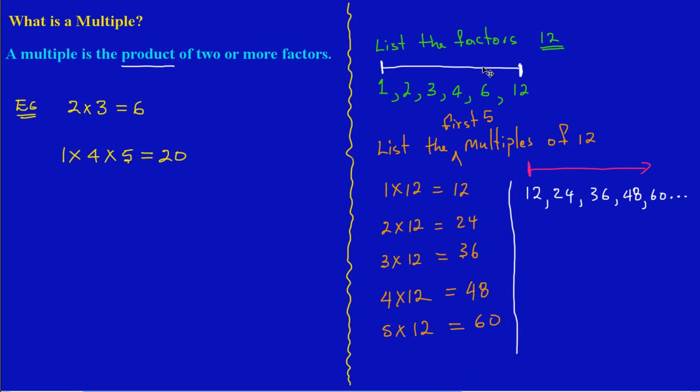Now, since when we were listing the factors of 12, 12 was included in the factors, and since when we were listing the multiples of 12, 12 was also included within the multiples of 12, therefore we can make a final statement here, that a number is both a factor of itself,